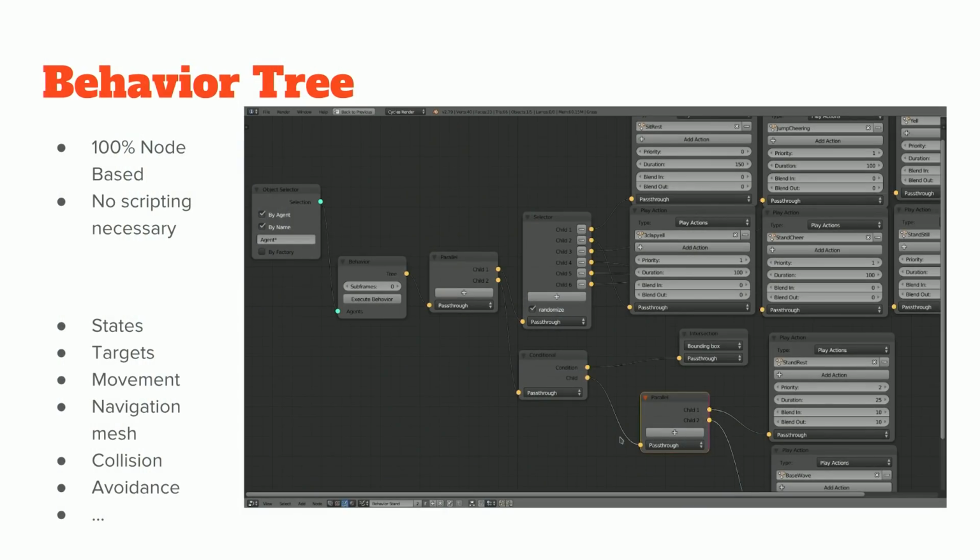Behavior trees is a node-based system, and you can assign behavior to an agent you have in the scene, and still be able to control the agent on a really detailed level, like specifically say, okay, for this agent it is different.